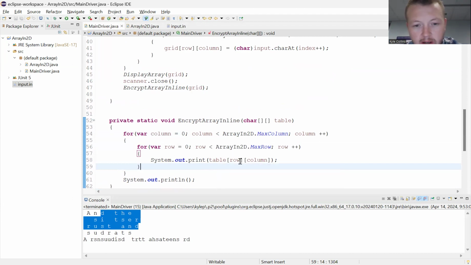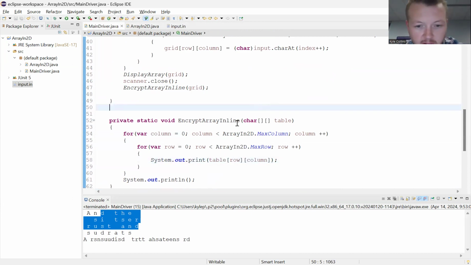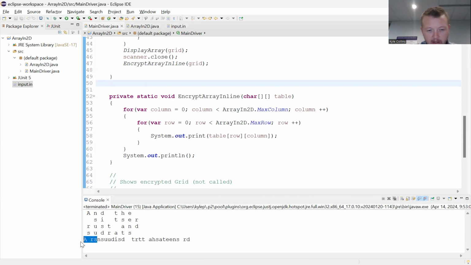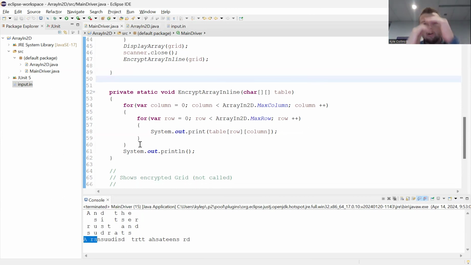I guess this should be column row. I don't think it makes a difference. We're just going to leave it because it's working. Basically, it's going to go through the first column. It's then going to pull every row. Boom, boom, boom, boom. So it's going to pull A space RS, as you can see here. A space RS. It's then going to go right back up to the second column and go all the way